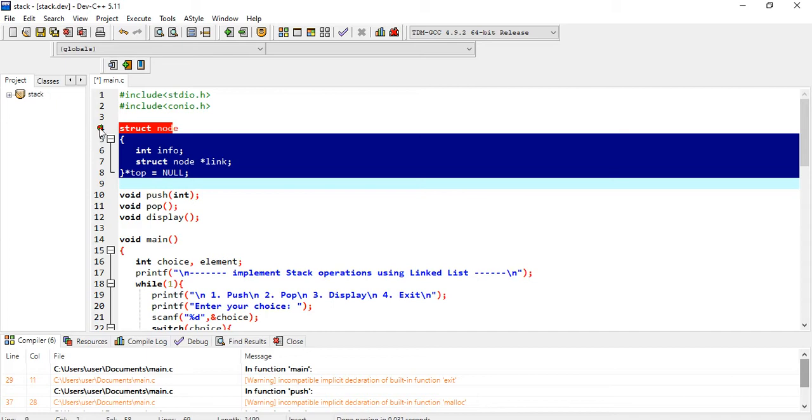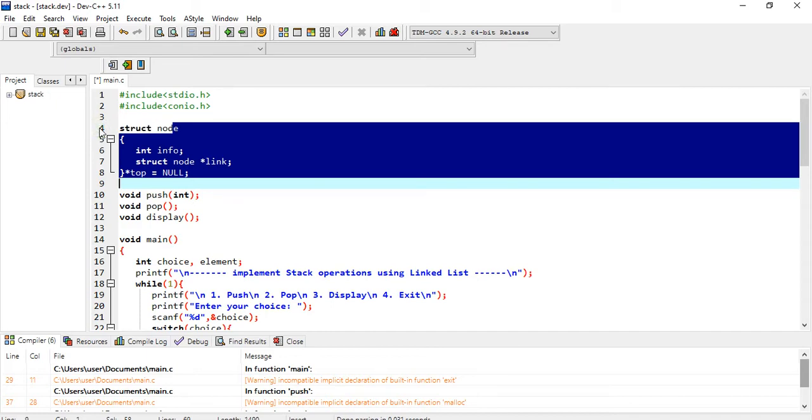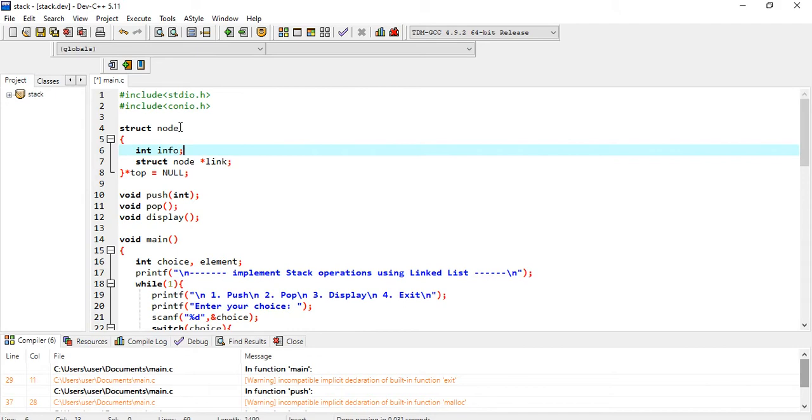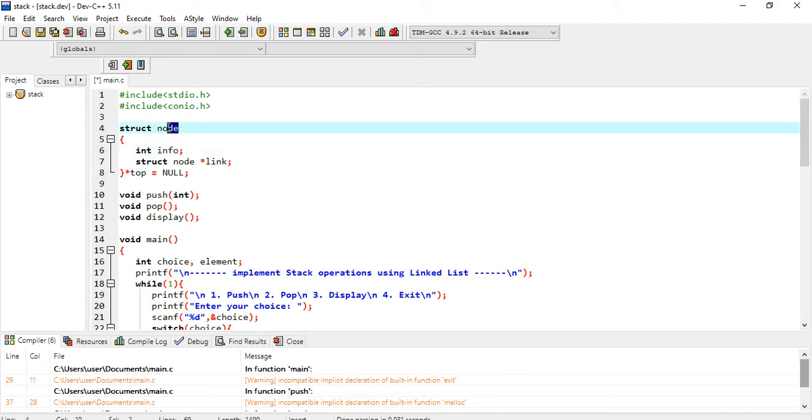Because whenever you want to implement your stack by linked list concept, we have to take a node representation. So that node will consist of two pieces of information. One is the info, that is nothing but the data which you are given, and the second one is the link part, which will give you the next node address. Okay. So here I have created one structure named node, which consists of